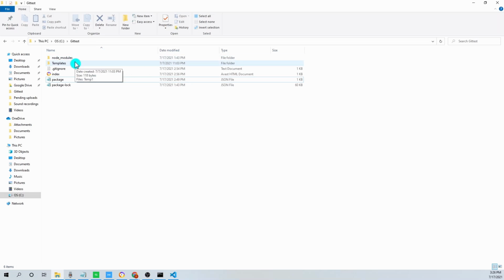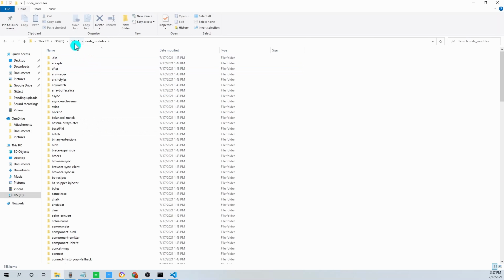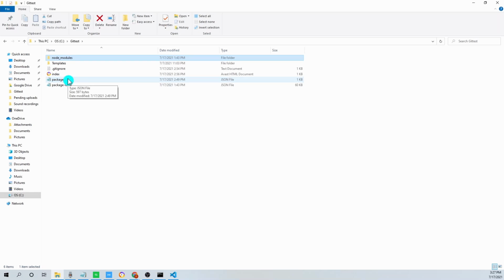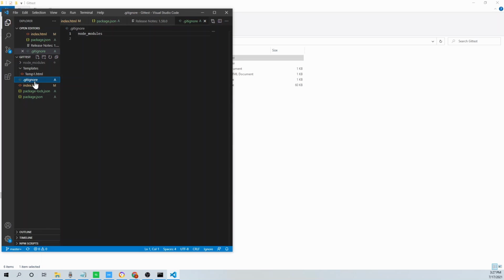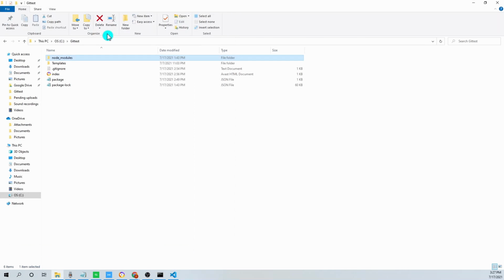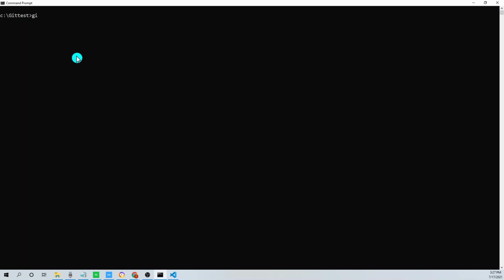And as there are so many files in the node modules folder, and we don't want to stage it in our repository, what we are going to do over here is we'll add them in gitignore. If you already have the gitignore file, then use this gitignore file. Otherwise, you can create one and add node_modules under that so that it doesn't commit all the changes present in the node modules.